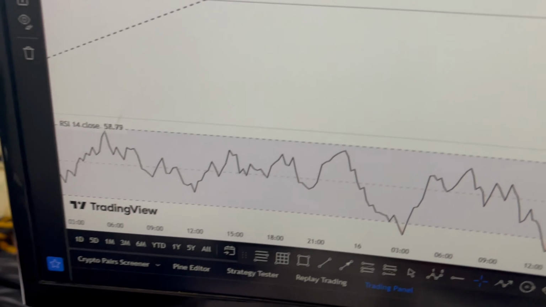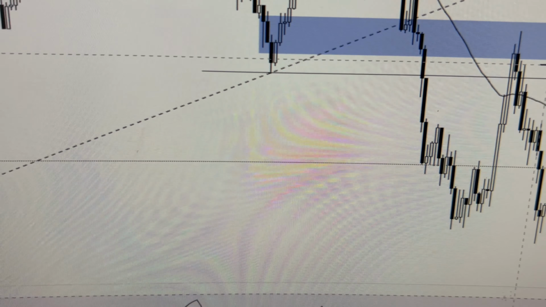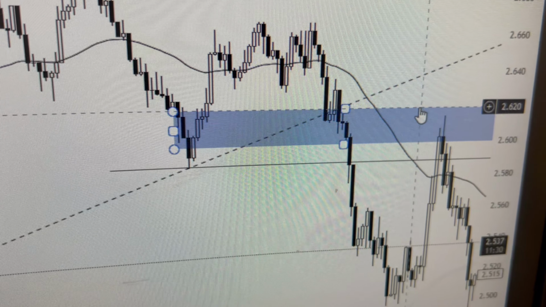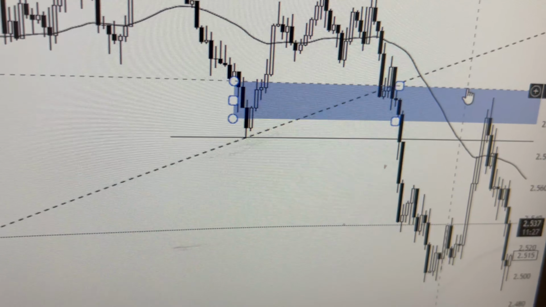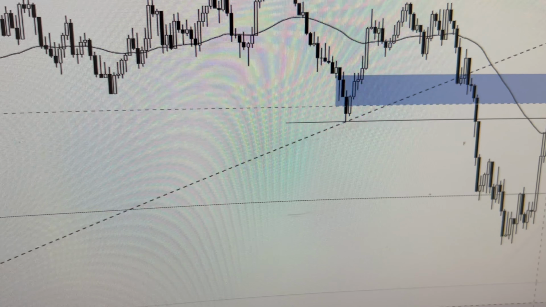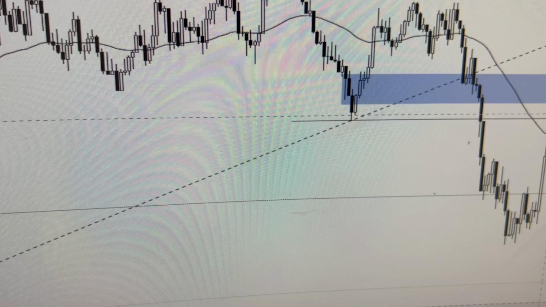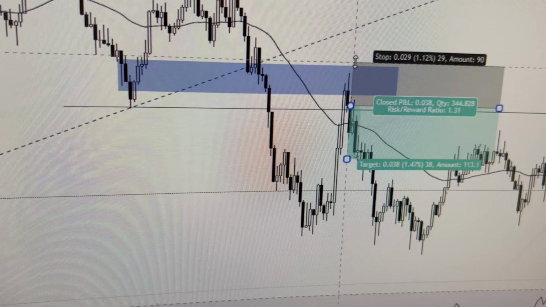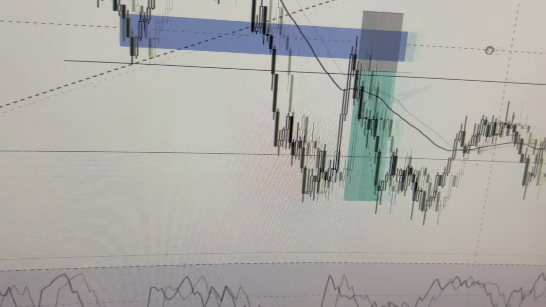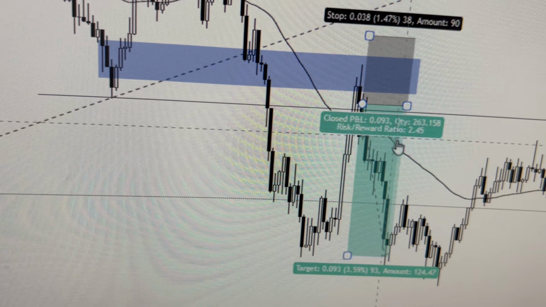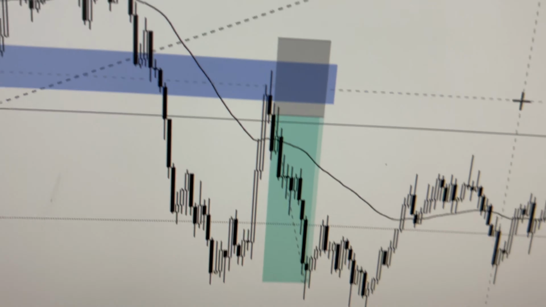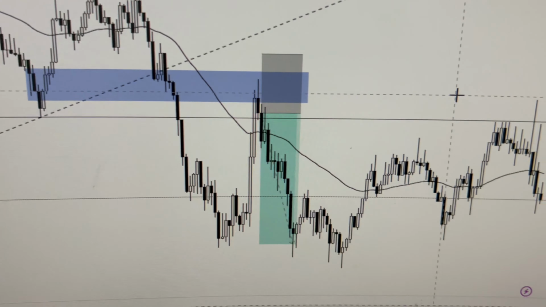Okay, ChatGPT said we should wait for price to go to 2.60 and 2.62 and put your stop loss at 2.63. So we would have entered from here when the price started rejecting, let's say here, put our stop loss at 2.63, and take profit will be the next. This would have given us like a 1 to 2.45 risk ratio. But I was not available to take this trade.